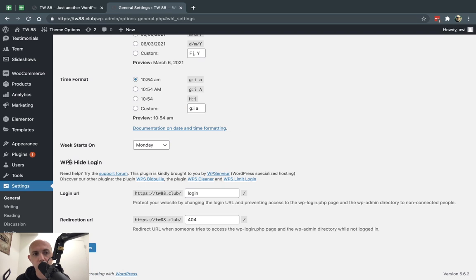Okay, so now what you have here is a hide login. So what you need to do here is very simply, instead of setting, for example, WP-admin, WP-login, you're going to change it. And you're going to change it to something that people can't guess. So what I recommend is to do something that's very difficult. For example, just something like that, okay?